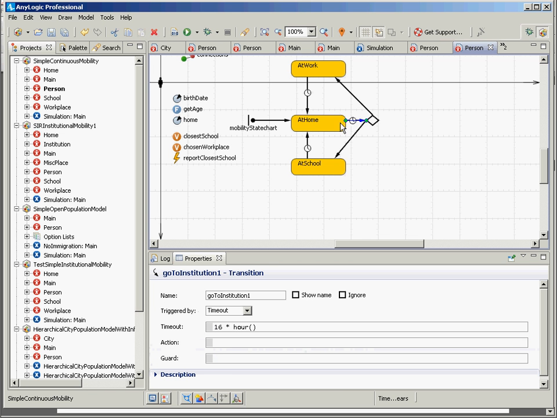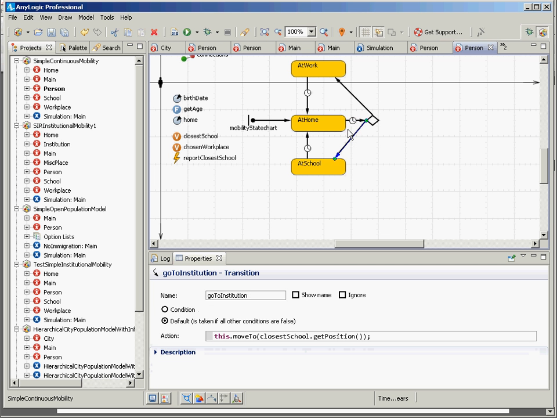So here we have this model. It's working with people going to the nearest school as desired, and I'll provide this to you on the Dropbox, so you can make use of it. Okay, so that was a little bit of recap over